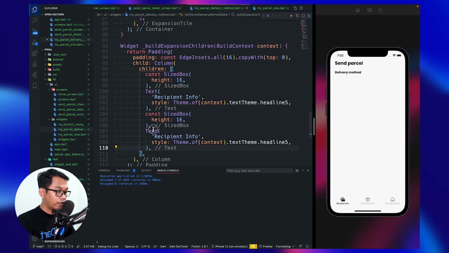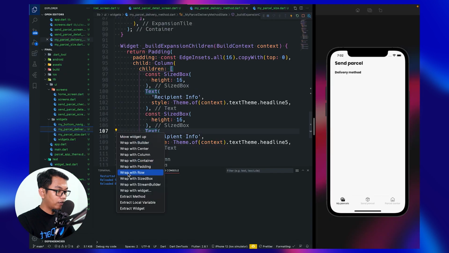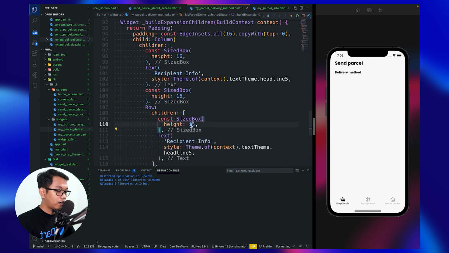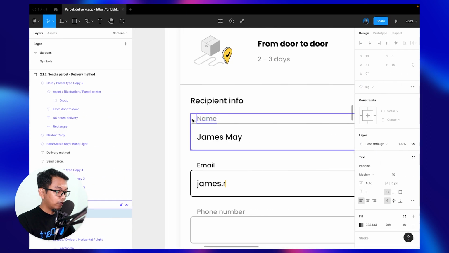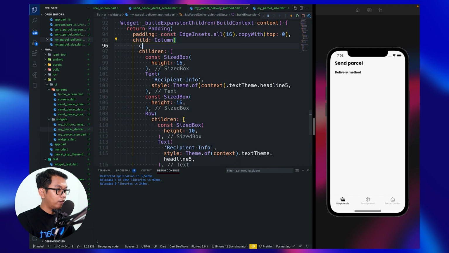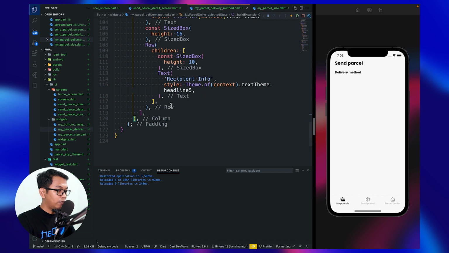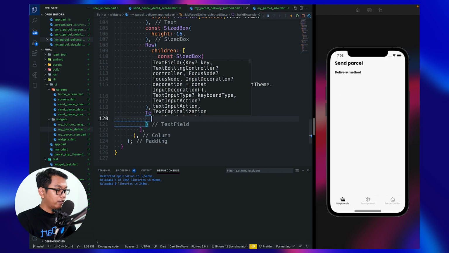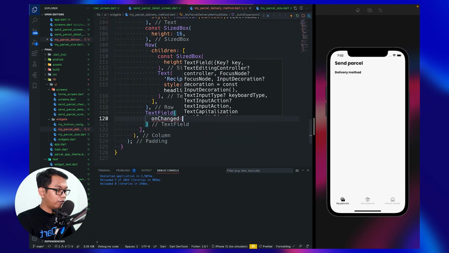add this, and we want to wrap using a Row widget because we want to add padding around 10. So we say 10, and inside our column we need to call crossAxisAlignment, set it to start, and below our Row widget we call TextField, and for onChanged make it default for now.